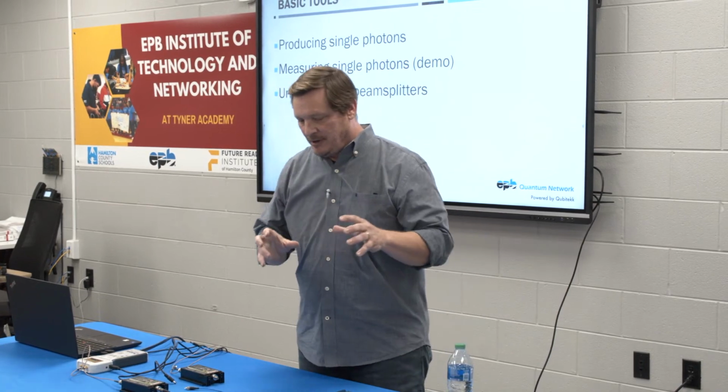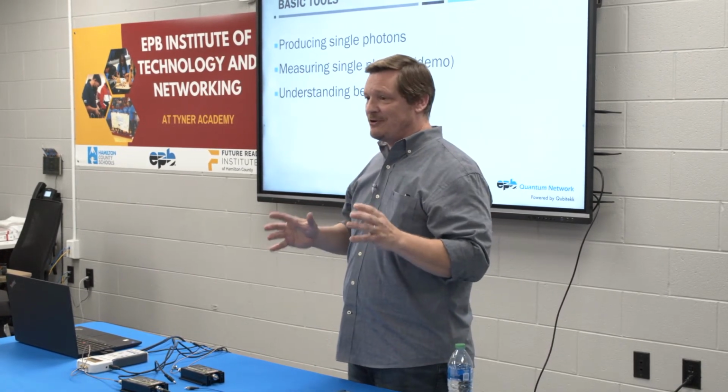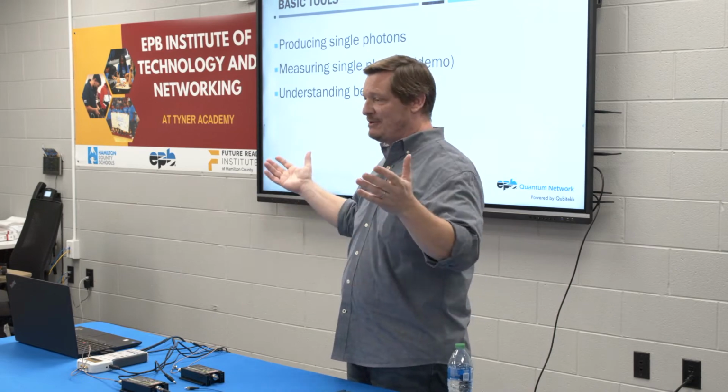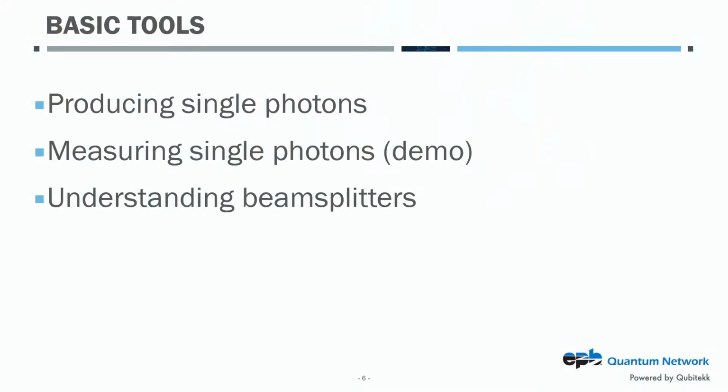Okay, so millions and millions or billions and billions of photons are interesting. We're already pretty familiar with that. When you go out in the sun, you're getting billions of photons hitting you. When you hook up to EPB's optical cable, you're getting lots of photons through that as well. But we're going to want to taper those down, maybe to 1 million photons or 100 photons and eventually 1 photon. Because as we start looking at an individual photon, we're going to start to see some physics that is different. It's going to start behaving in ways that we don't experience in our world. And that's where a lot of these technologies and new advances are coming from.